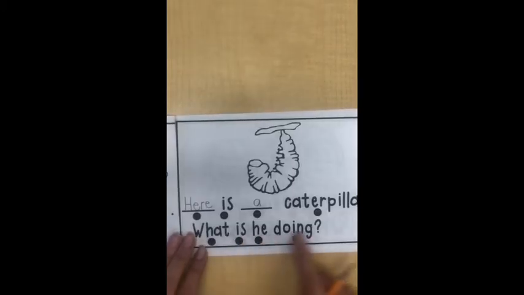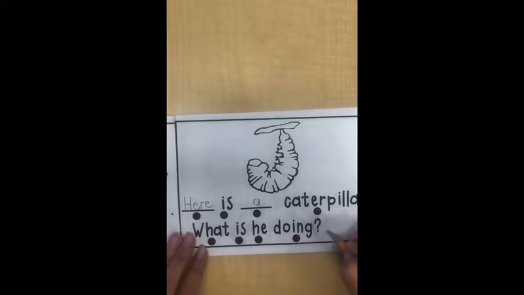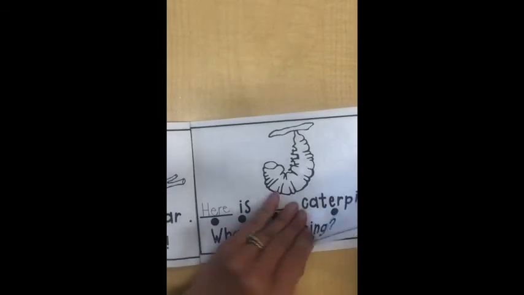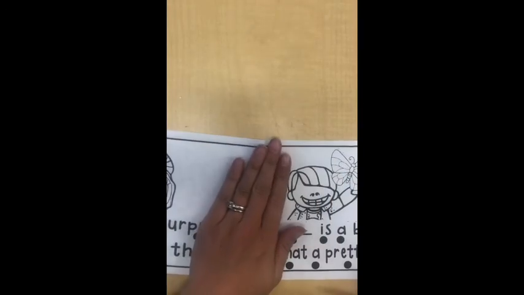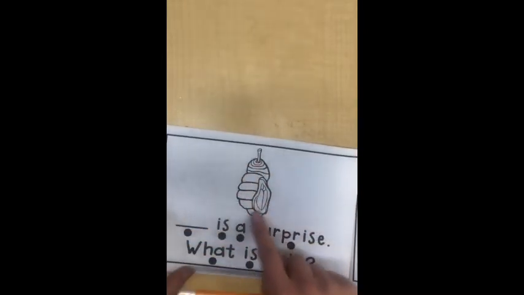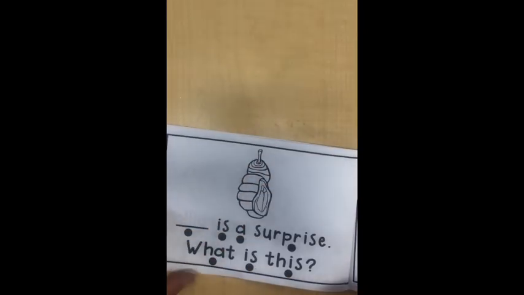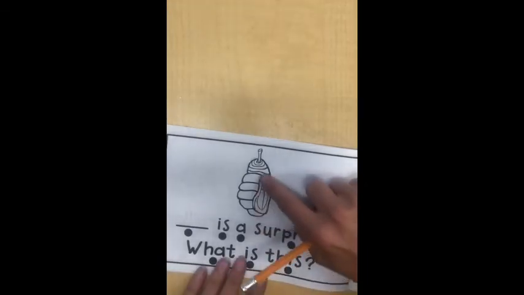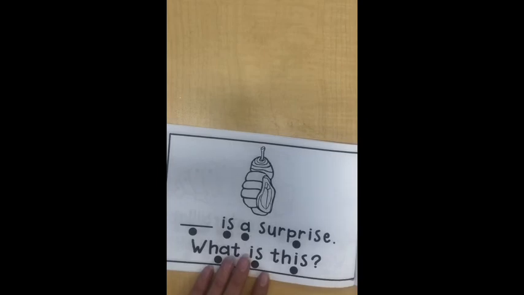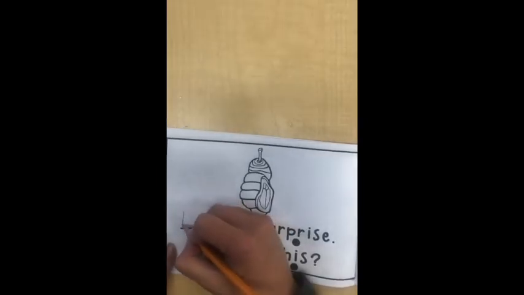What is he doing? Do you see how that's a question? I see that question mark right here. I'm going to circle it because we've done a lot with question marks. What is he doing? See, he made a chrysalis. You can kind of see the outline of their leaves when they're almost ready to hatch. Again, from their chrysalis, you can start to see that leaf, or that wing pattern. It goes here